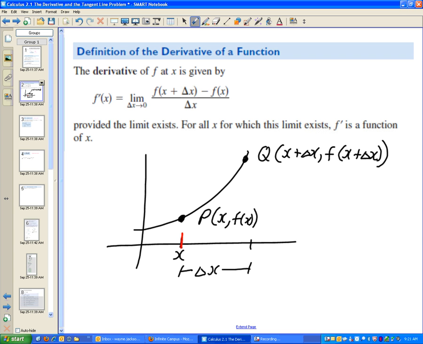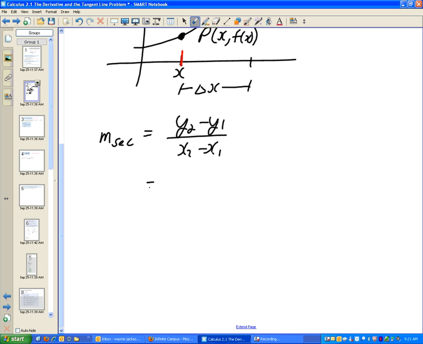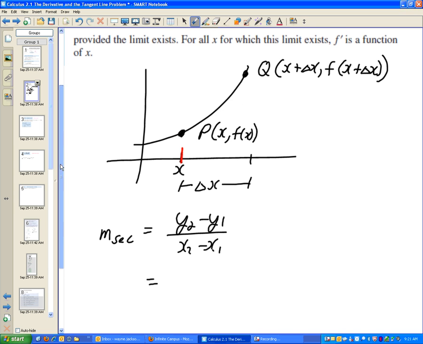Okay? Everybody with me? Now, to get the slope of that secant line, line PQ, I can use the good old slope formula that you've known for a long time. And I can substitute in y2, the y-coordinate of our second point, would be f of x plus delta x, minus y1. What are we going to put into this formula for y1? f of x